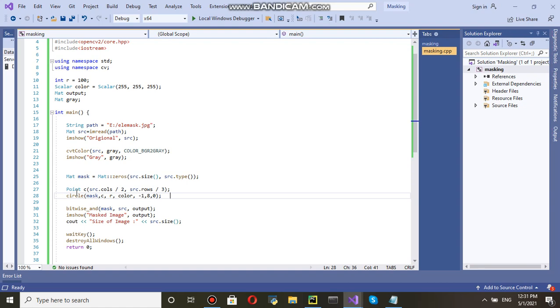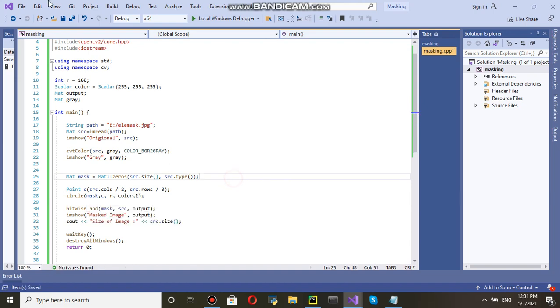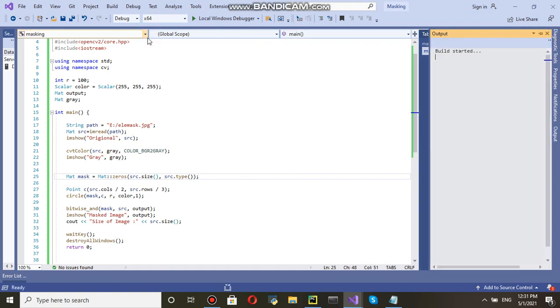So point C, this line number 27 and point C we have passed in this circle. Okay, -1 is color fill. Suppose if you don't want to do it, you can just say color, and a scalar color, thickness suppose say 1, and then type is optional, I am skipping it and running this program once again.